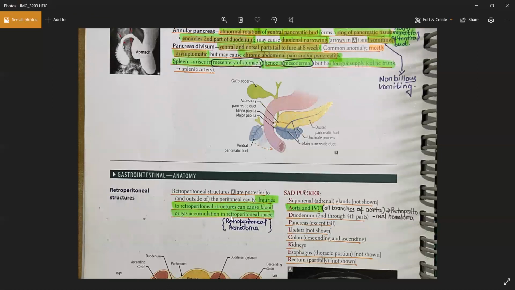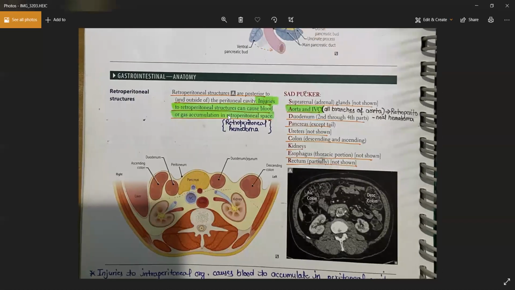Okay, so we are done with the embryology section. Okay, and now we're moving forward to the anatomy of the GI tract. First, you need to know about the retroperitoneal structures. You have a lining in the abdomen, which is known as the peritoneum. Okay, all the organs which are present inside this peritoneum, you will call them the intraperitoneal structures, which are covered by the peritoneum or the lining